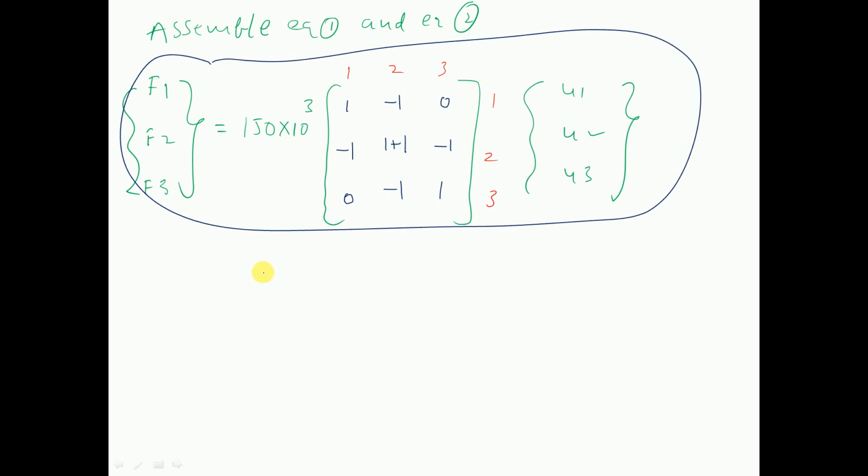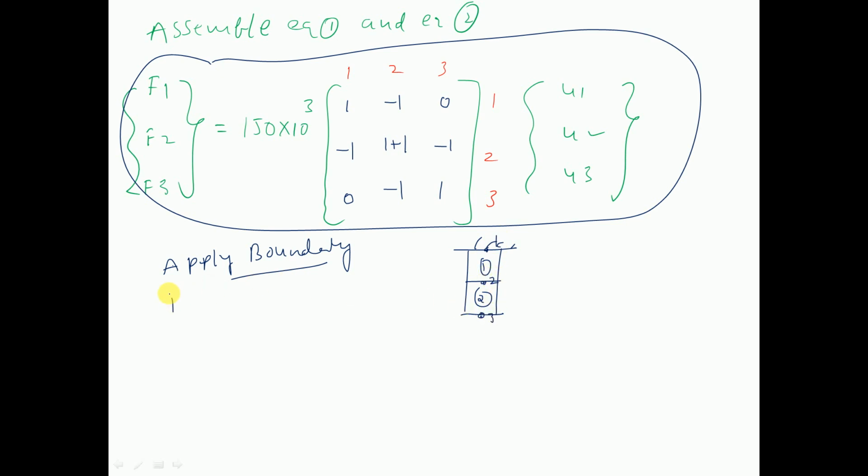Then what we have to do is apply the boundary conditions for the same bar. Let us say, once again I am drawing the bar. Let us say this is the bar. I divided it into 2 parts, having node 1, node 2 and node 3. Okay, 3 nodes, 1 2 3.